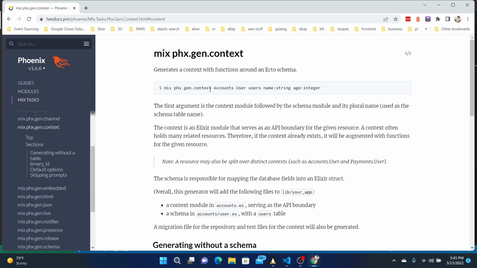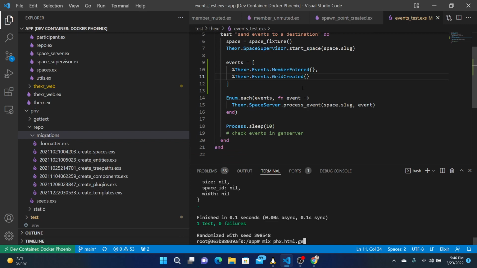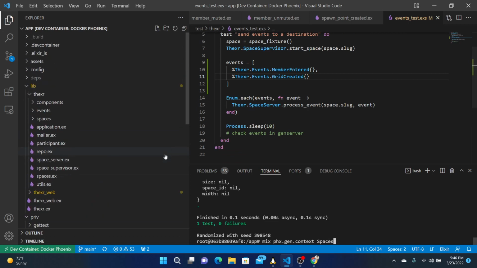So I think it's still spaces is the context. Okay, so mix Phoenix generate gen context. Spaces is the context,